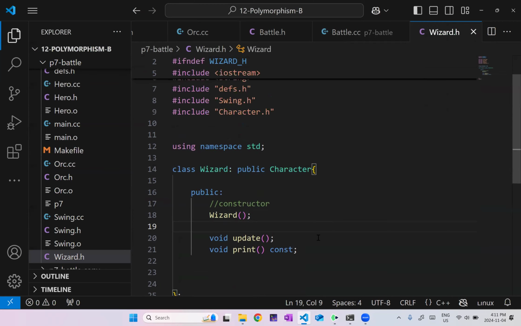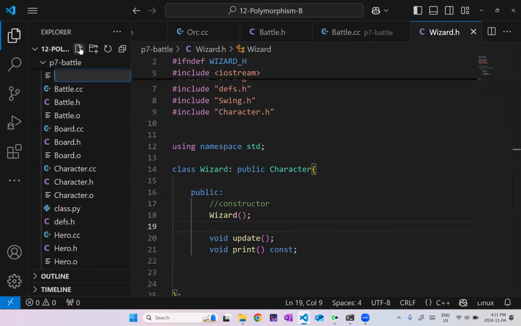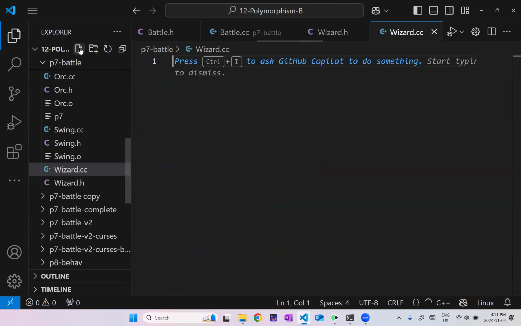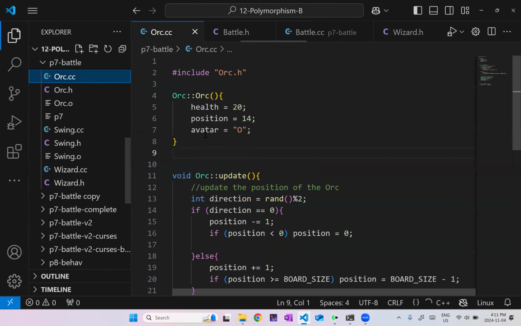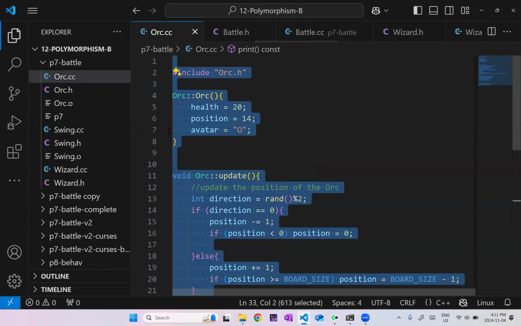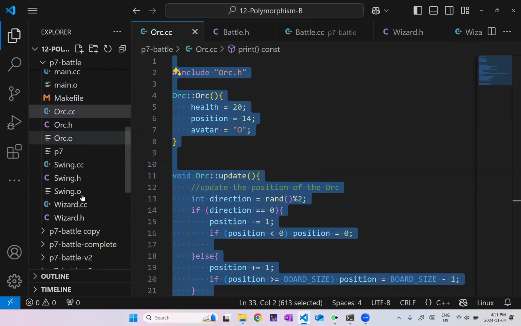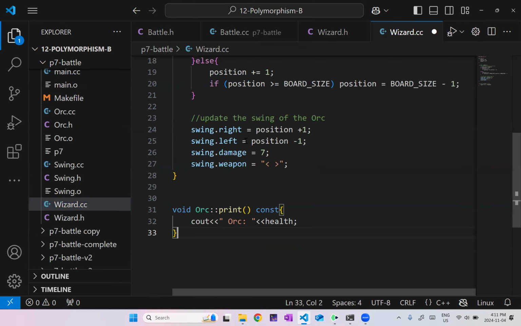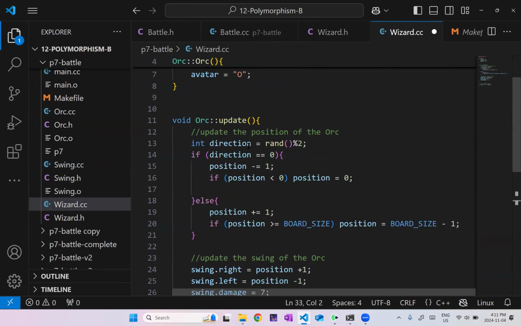And just like that, we have a very good start. We also need wizard.cc. And we're going to steal some of our orc code again. Right, so the idea now, because we have this